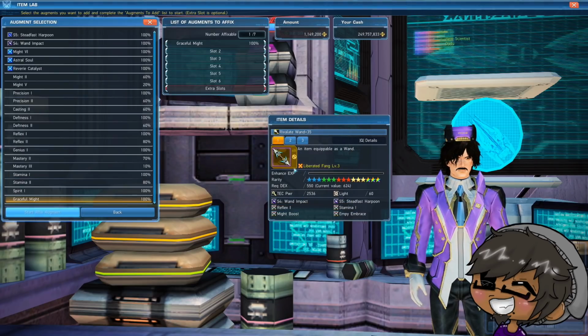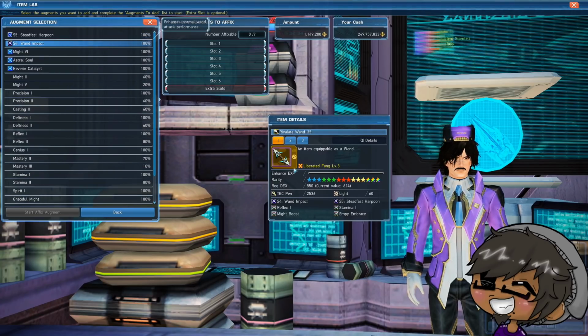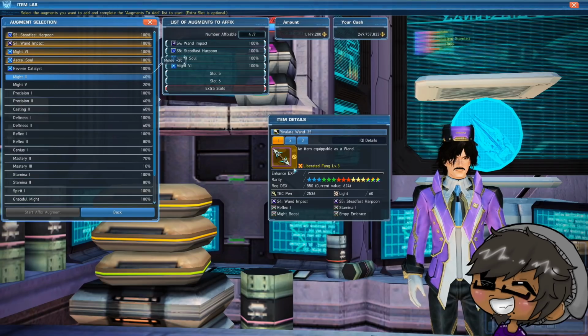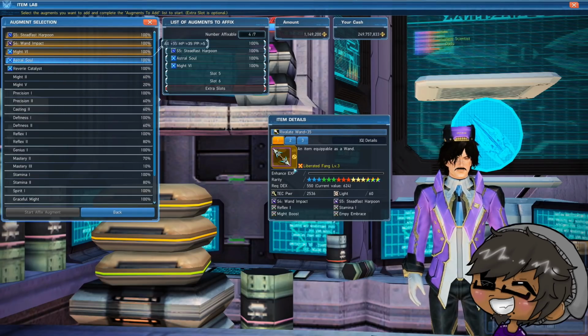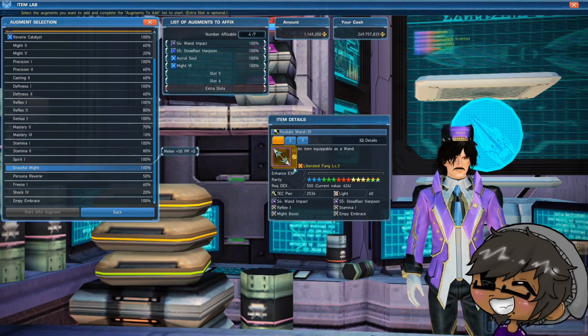We want to use Augment Plus, and then you want to make sure that you're putting this in the proper order. Always S4 and S5 first, then our soul, and then we want to go in ascending order. So it's going to be a Might 6. Then we want to go...